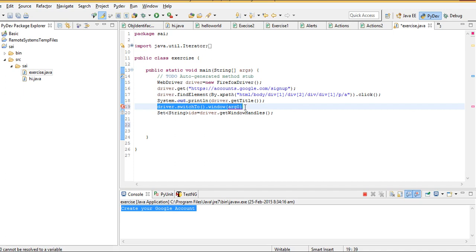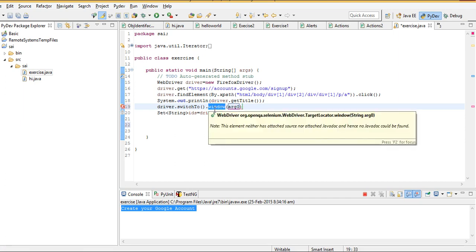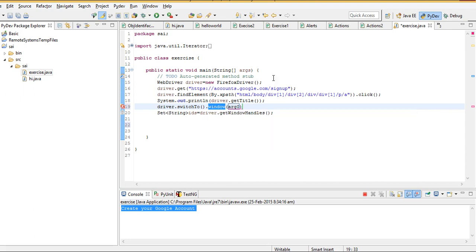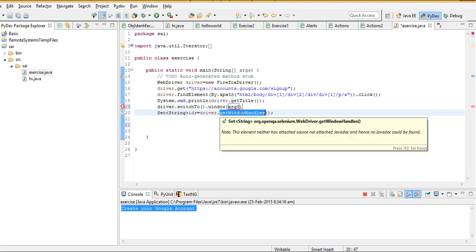Okay, that all happens when you pass the ID into this window argument. So switching is simple. It's a single step: driver.switchTo().window. That's all. But the real challenge lies in passing an ID to that window method. That's a challenge. For that purpose, this getWindowHandles will give us all the IDs which are opened by